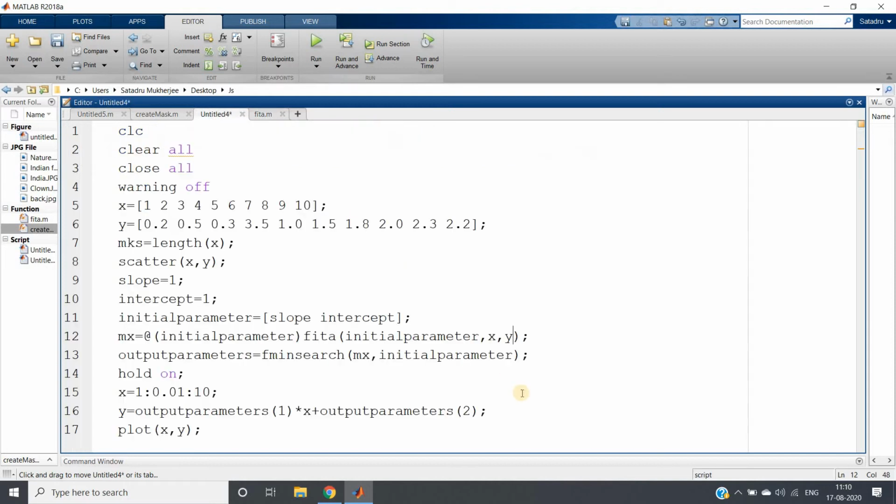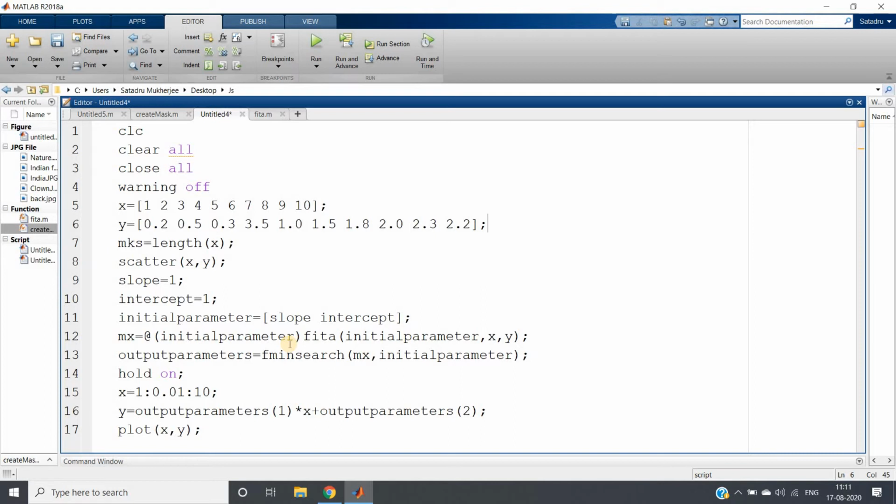Point to be noted, the order should be the same, otherwise MATLAB will not understand. And one more thing: here we are writing an anonymous function with respect to the initial parameter, but we are passing x and y also. So you might think that x and y need to be written here also. No need, because x and y are constant; each time we are passing the same data points, so no need to pass the constant through our function.